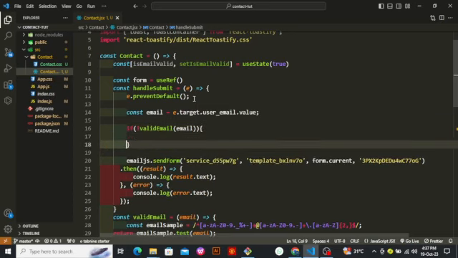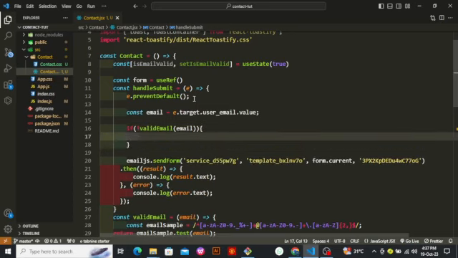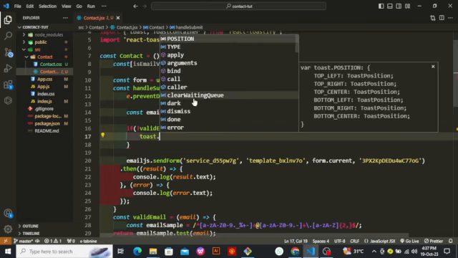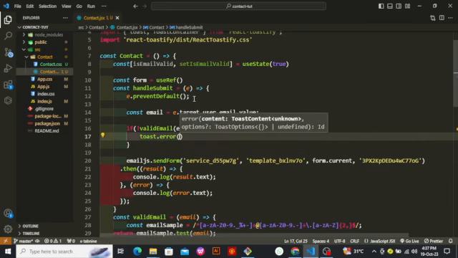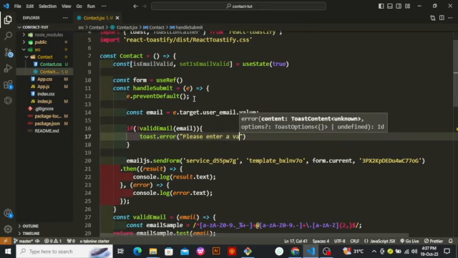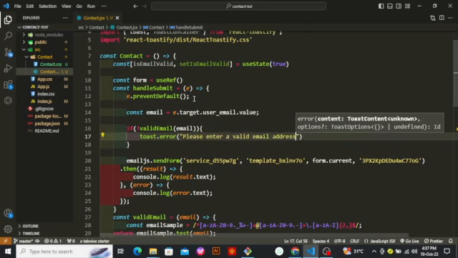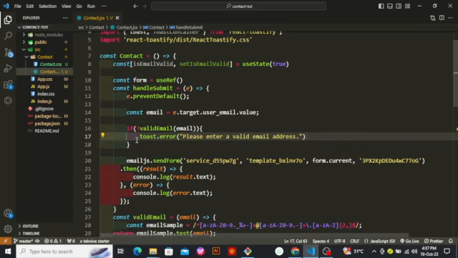I'm going to say toast.error, and what error should our toast display? The toast should display please enter a valid email address. Else,